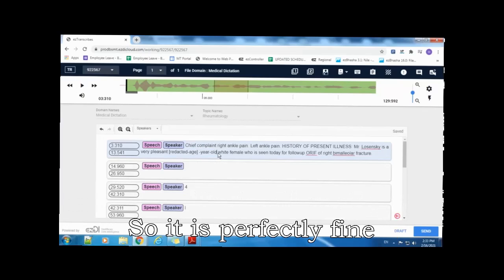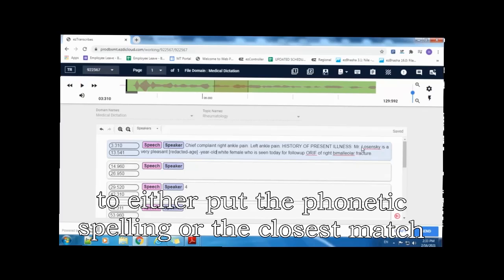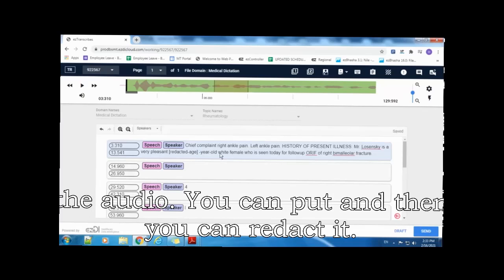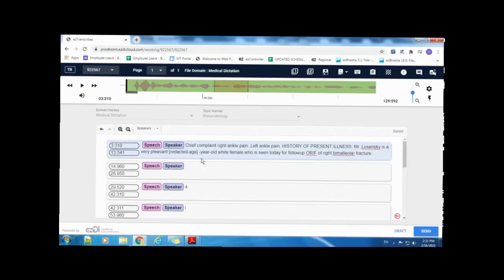So it is perfectly fine to either put the phonetic spelling or the closest match, like 61 or 51, whatever is the closest one which you hear in the audio, and then you can redact it.